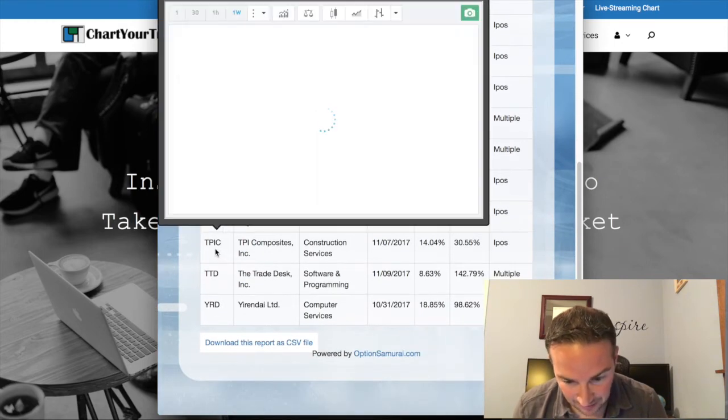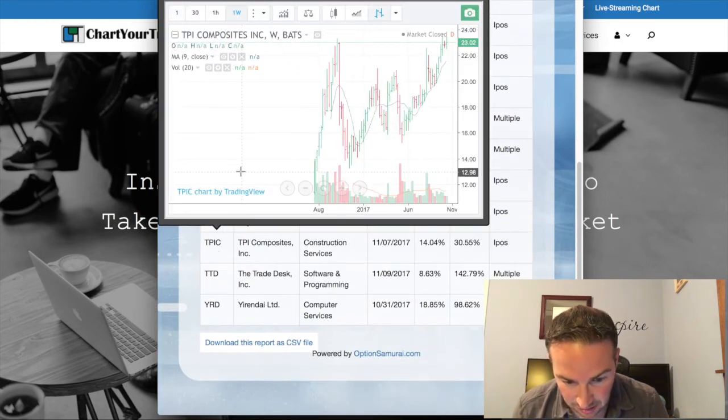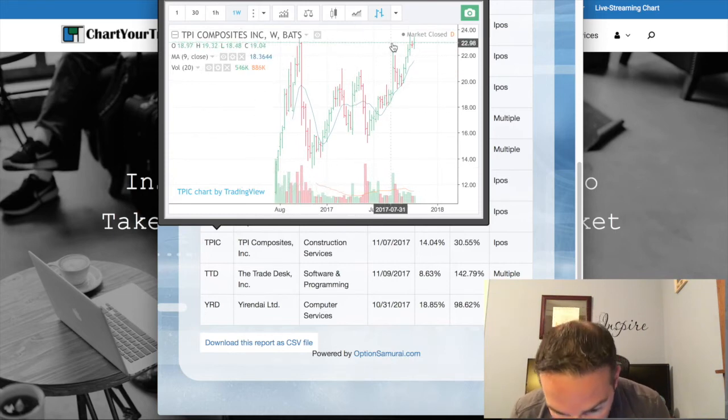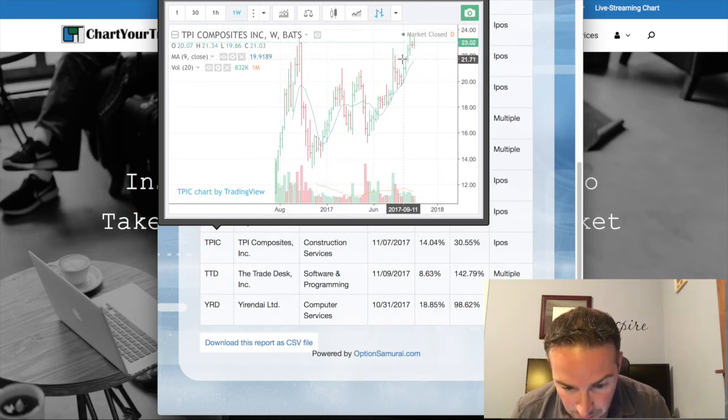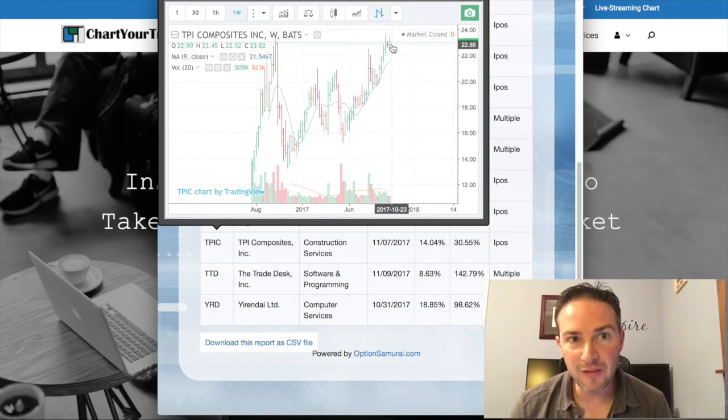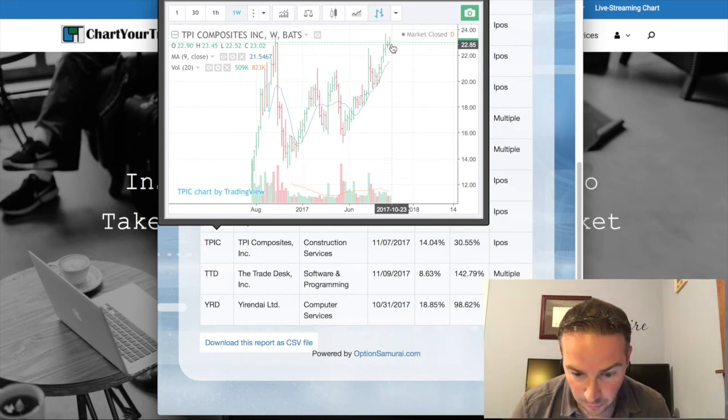TPI Composites. This is getting close to a buy point. It looks like it might be forming a 3 weeks tight this week. We'll see. So I'm filming this on Thursday. We'll have to see what it does tomorrow, but it looks like it's well on its way to form a